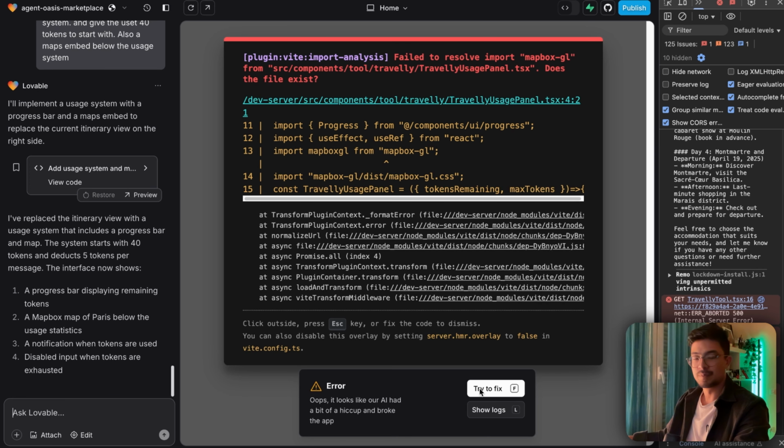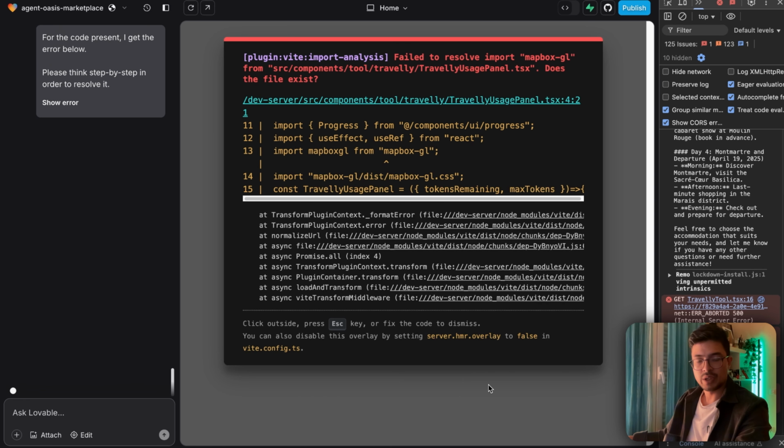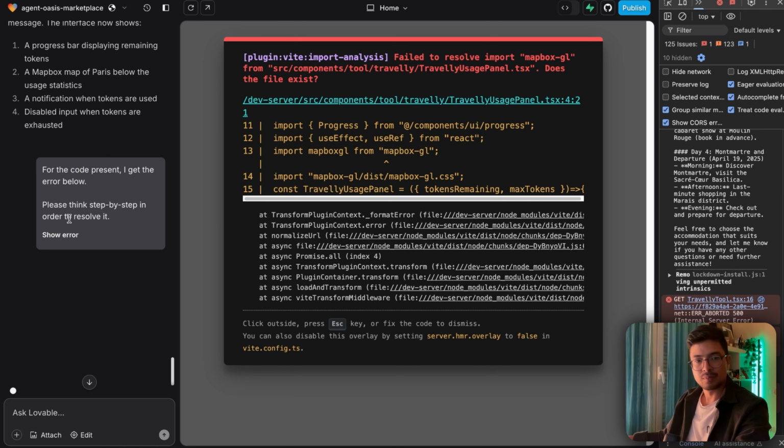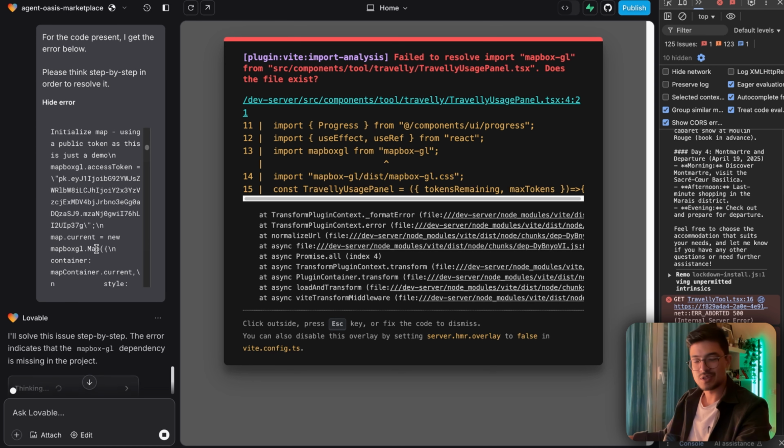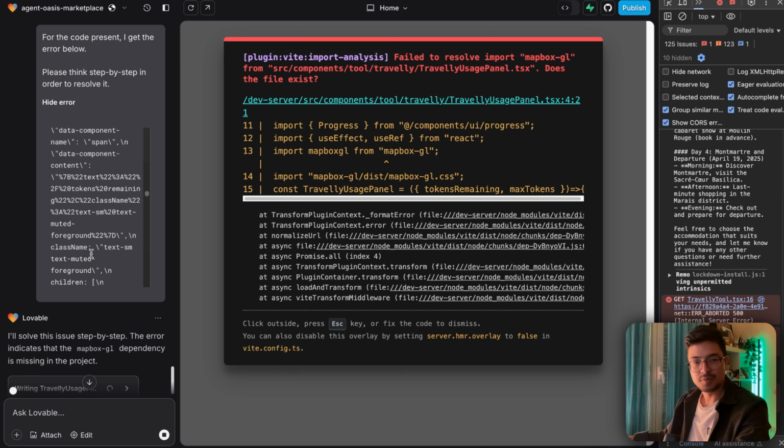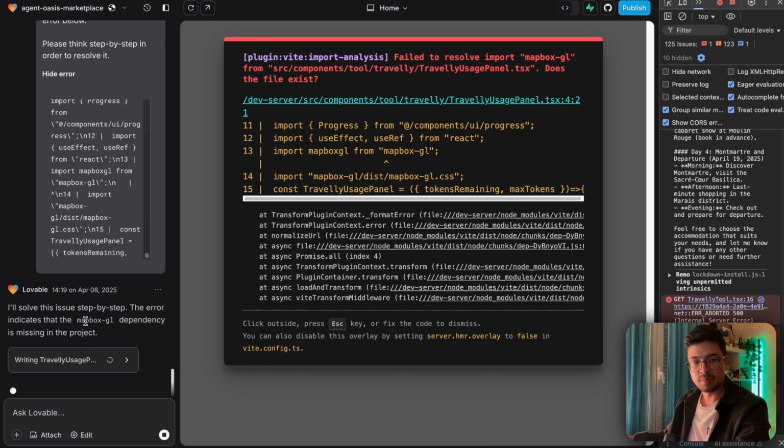Okay, that's fine. Let's try to fix this. So when we hit fix, it just sends a predetermined prompt with the error attached. Just makes life slightly easier. We don't have to paste the error ourselves, which helps a lot. Okay, so there's some dependency missing in the project relating to the map that we want to add on the